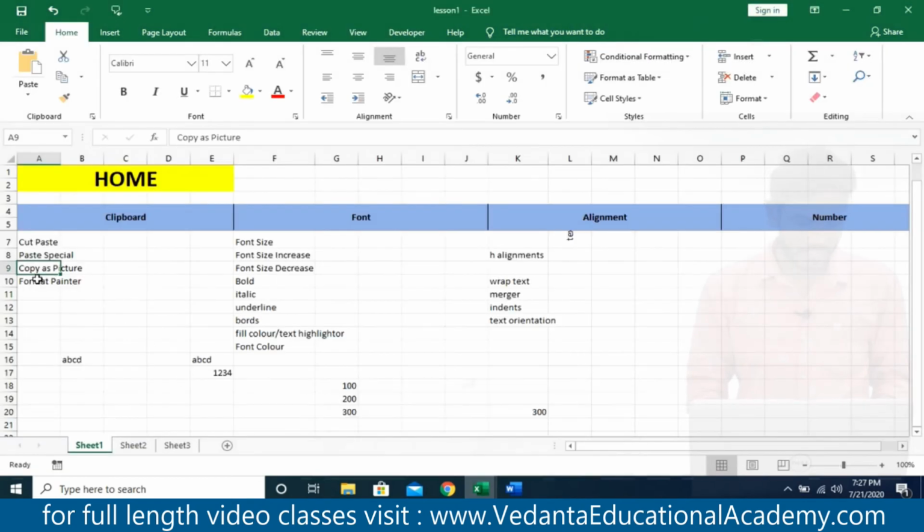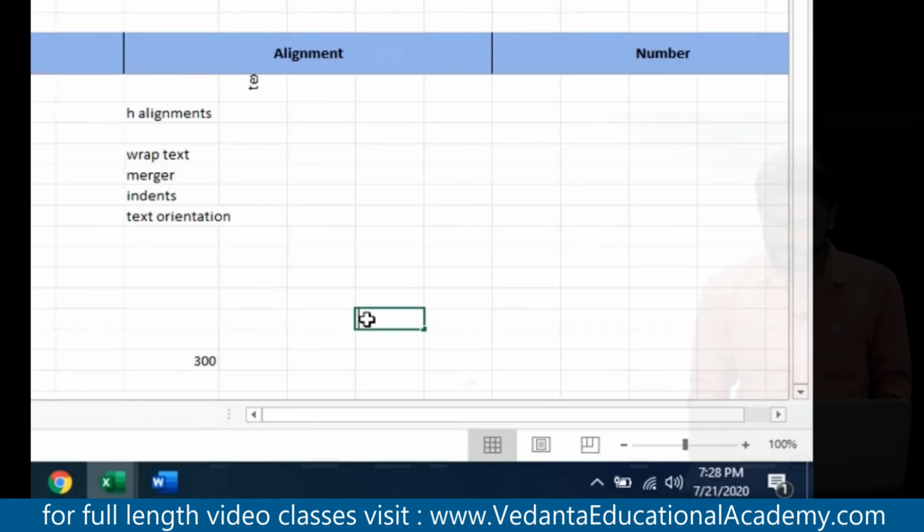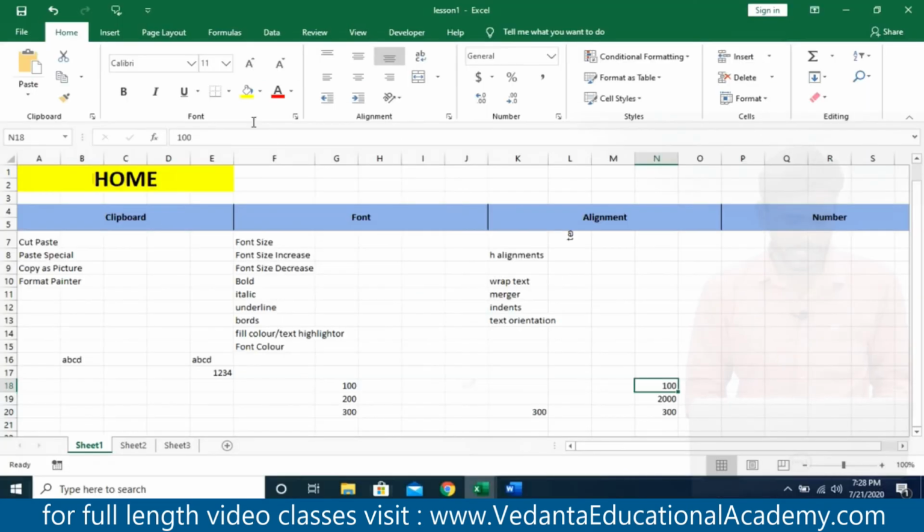Yes, the next one is format painter. What is this format painter? Very simple. Here I'm going to enter 100, 200, for example 2000, 3000, right? To this, I'm selecting one of the font faces.